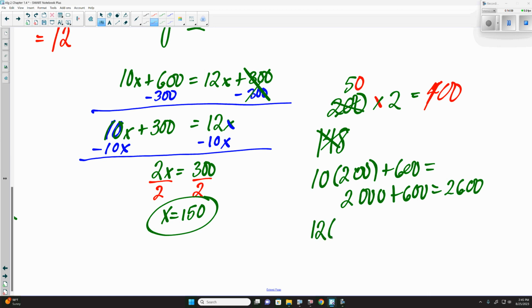Our 12 times 200 plus 300 is going to be 12 times 200 is 2,400 plus 300 is 2,700. So now we're talking about a $100 difference. Good. Again, we've got to get farther away from that to really make a difference, because the only difference between them is $2 per student. So it's not a huge difference, but